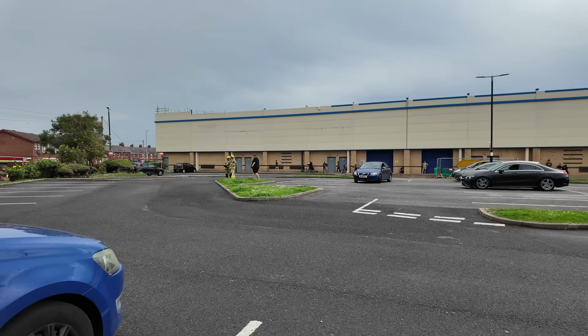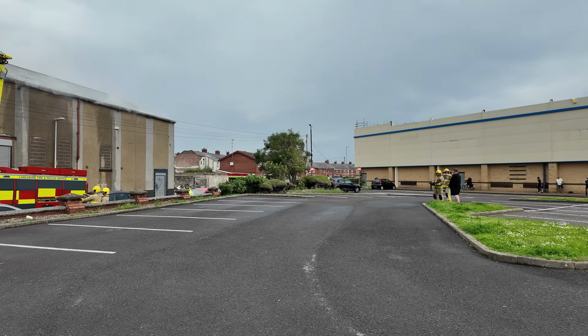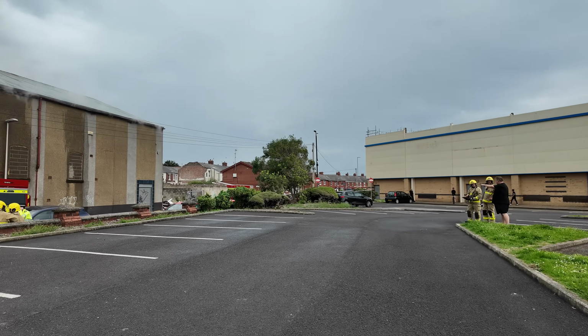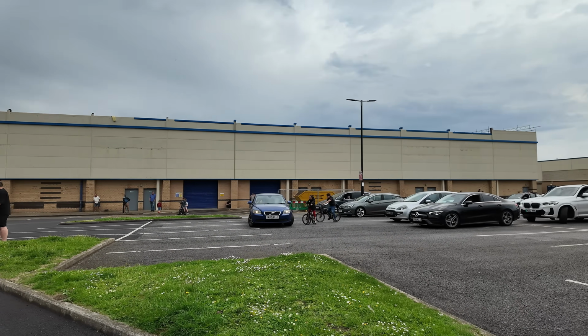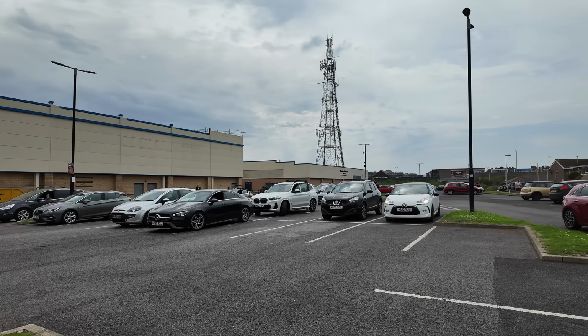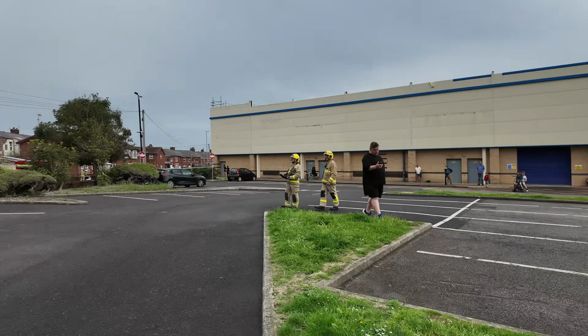But I'm going to stay in here, folks. I'm not going to try to get too close. It looks like they've got a drone up, maybe looking at a heat source, but as you can see, they've got quite a few people around here. You know, this car park around the back doesn't really get used that much. It's a bit of spare land really, until they probably sort out that cinema. I don't know what they're doing with the cinema, but